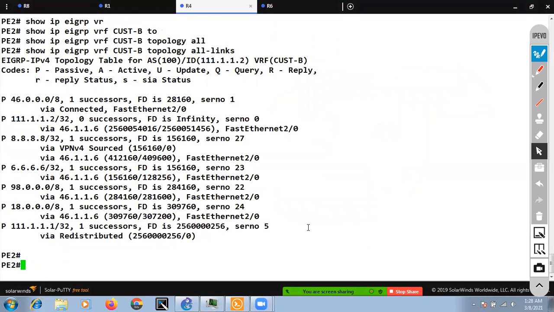So now you can see 8.8.8 it is receiving from the PE. You can see here they clearly mention it, VPN v4. So this is the information that PE2 received from PE1 via the VPN v4 update, right? And secondly, you can clearly see here that it is also receiving the same information from